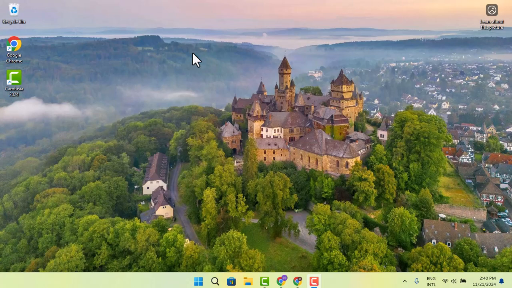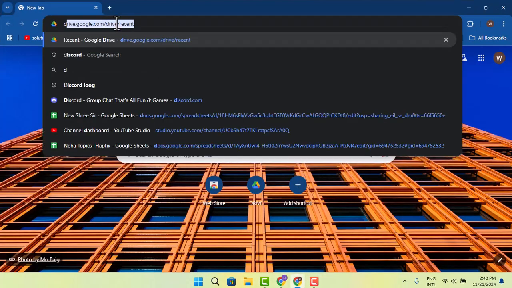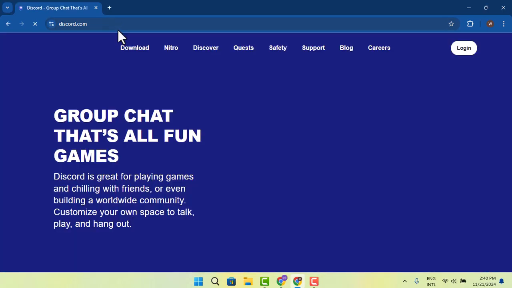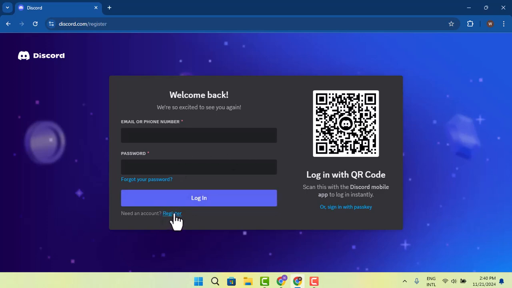In this video, I'm gonna let you know the ways to use Discord. So in order to use Discord, you have to first of all create or register. For that, you need to open up a browser, type in discord.com and start with the registration. While you're on this page, click the login button in the top right hand side corner of your screen. Then next thing you want to do is simply go ahead and press on register